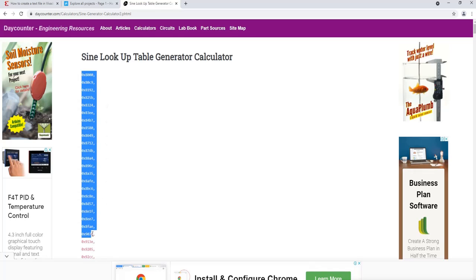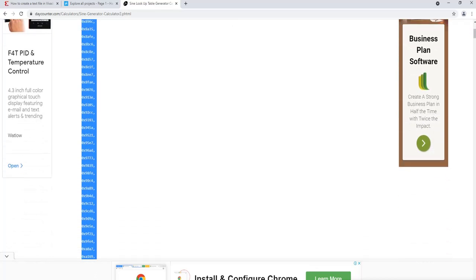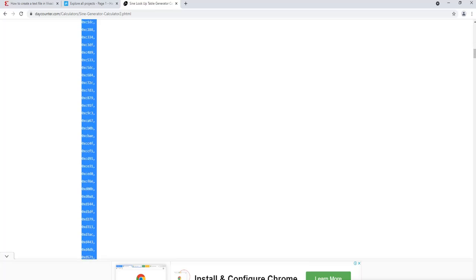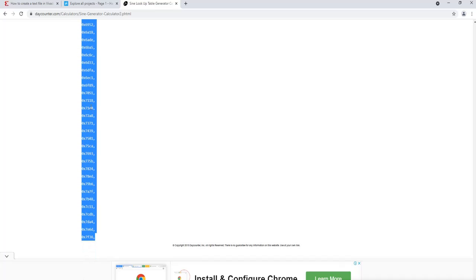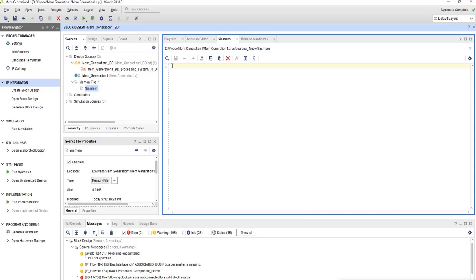Simply copy it. Okay, now I click copy. Now go to the memory file and paste it. Okay, now save it. So I have saved it.